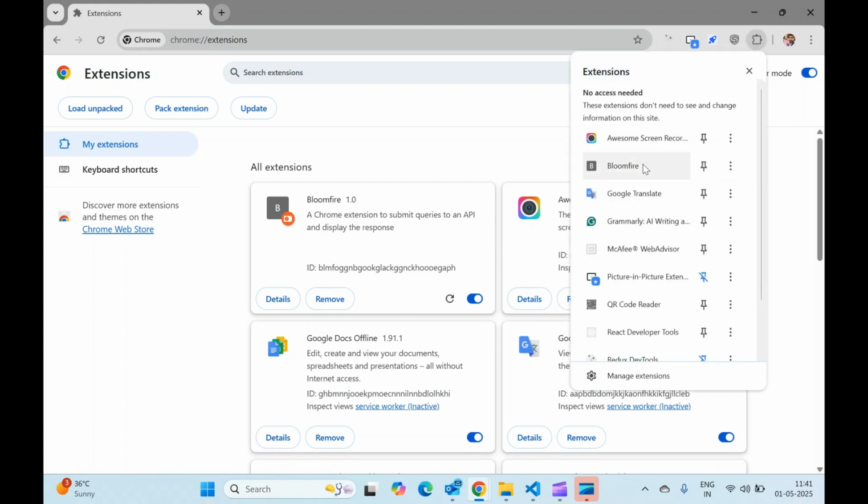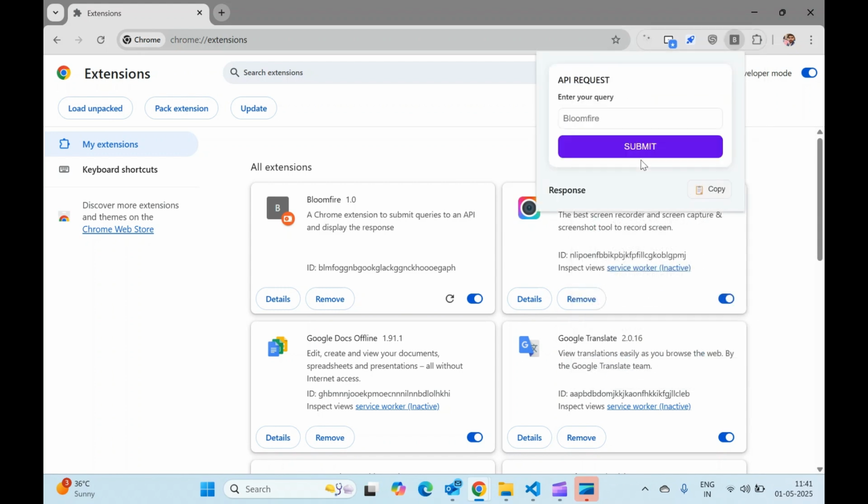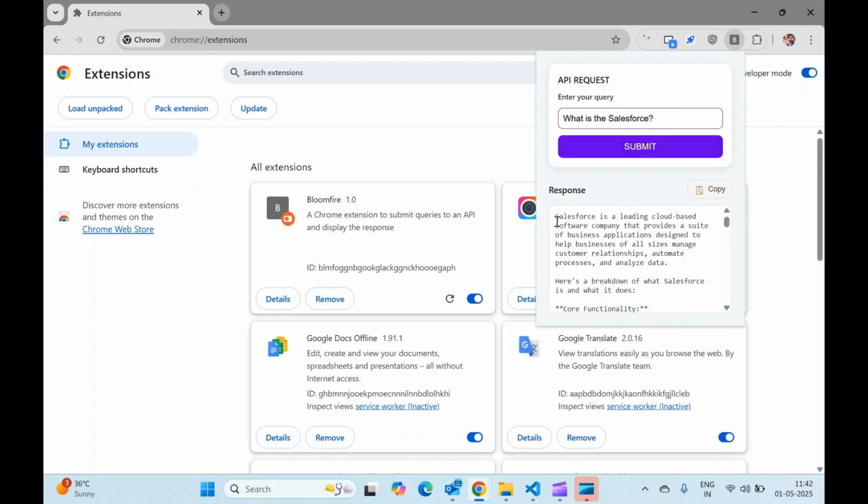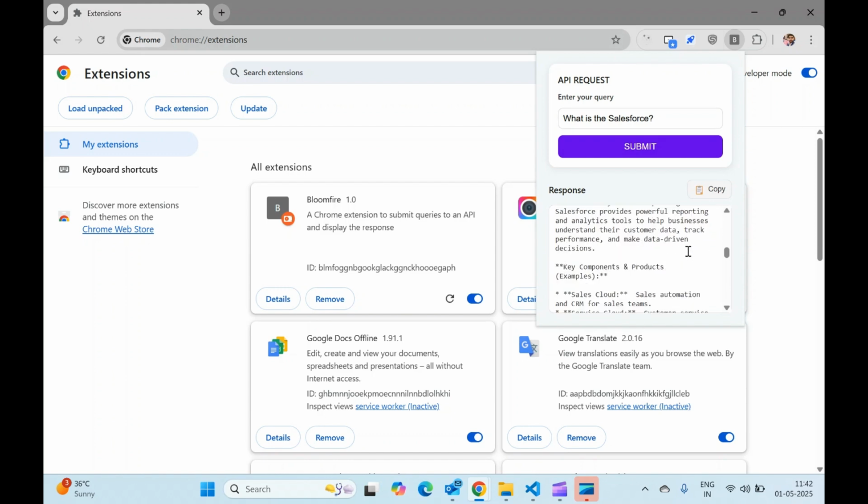Let's change our query. Again, click on this extension, click on Bloomfire, search for another thing like, what is the Salesforce. So it will find this, what is the Salesforce. So Salesforce is a leading cloud-based software company and many more we can see in the